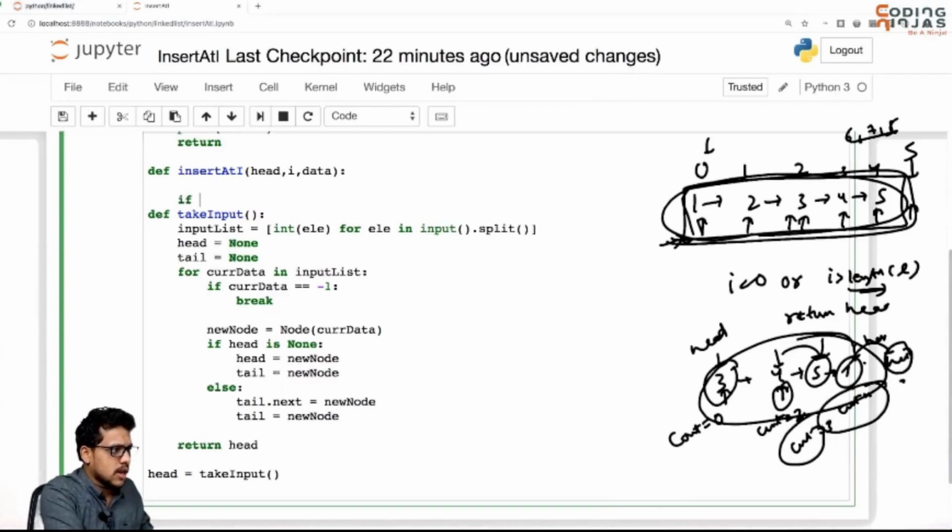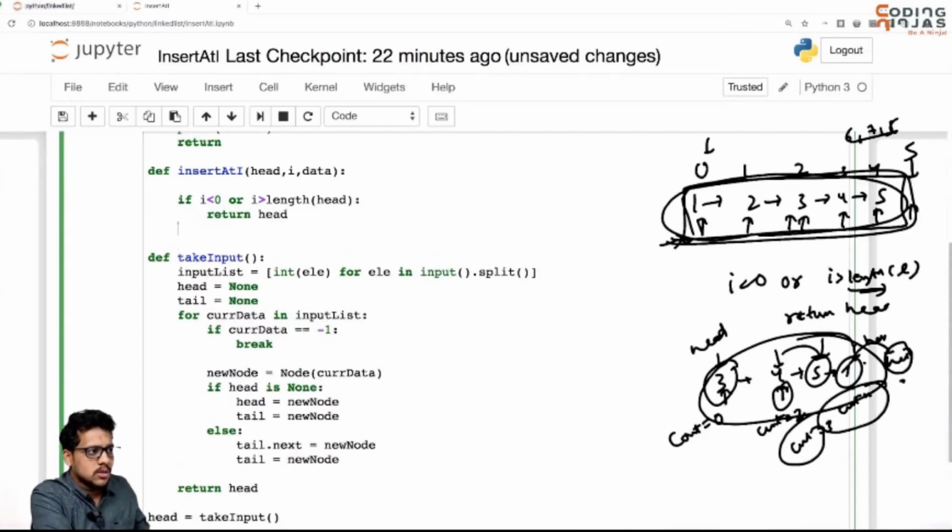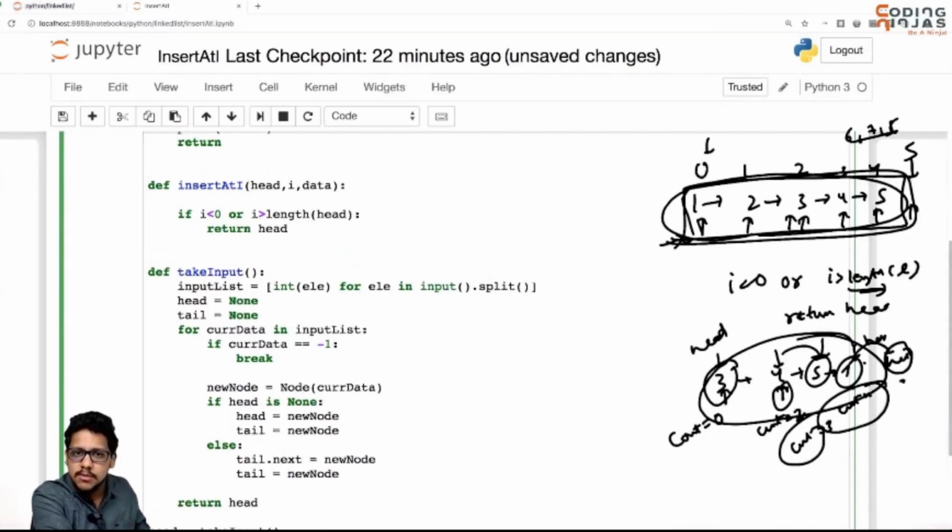That means I cannot insert if i is lesser than 0 or i crosses the length of the linked list. If I need to pass a linked list, I will pass the head of that linked list. If I cannot do that, I will just return the same head and not do any work. I will just return the same linked list. For the rest of the part, I will implement the function that is calculating the length of the linked list